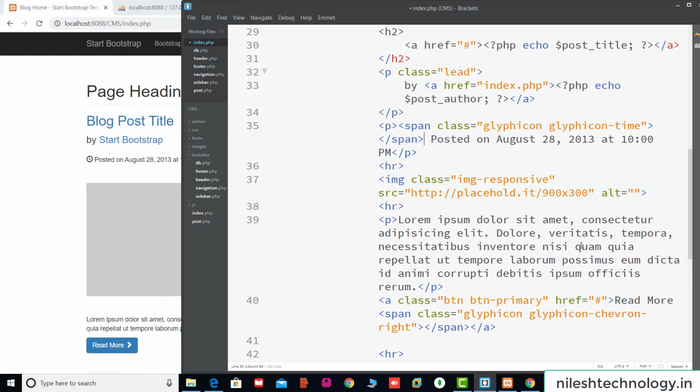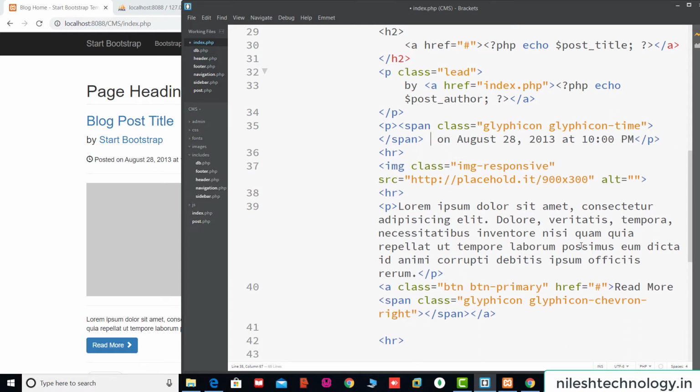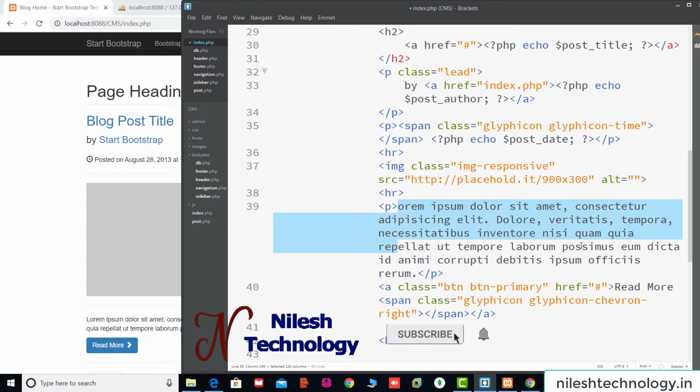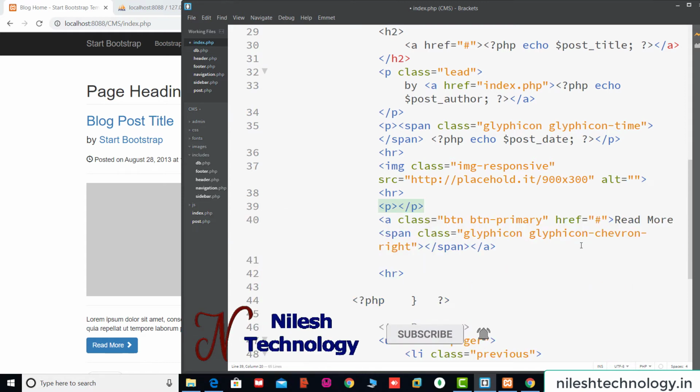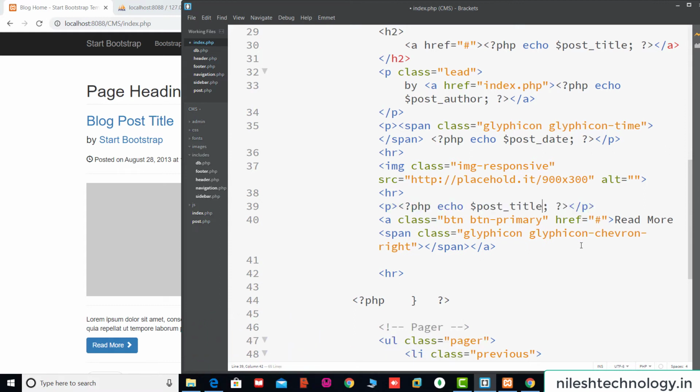this is the posted on. So here we replace this code with date. So remove this code and add here the post date. Then this is the content. Okay, so here in the paragraph tag, we remove all these lines up to this paragraph tag and add this variable. This is your content. Okay, so here we save these changes.